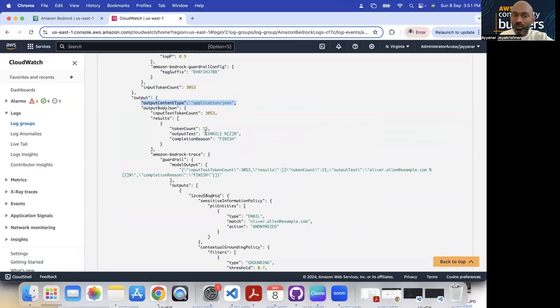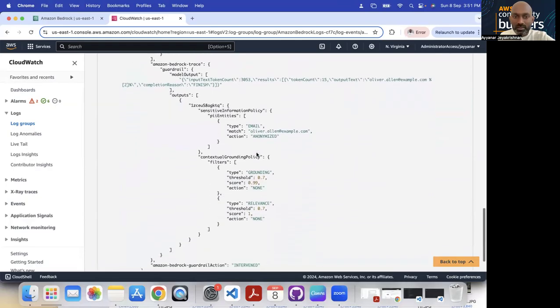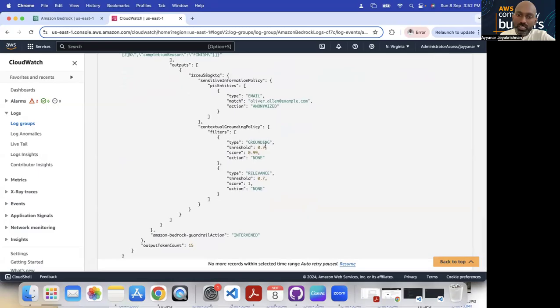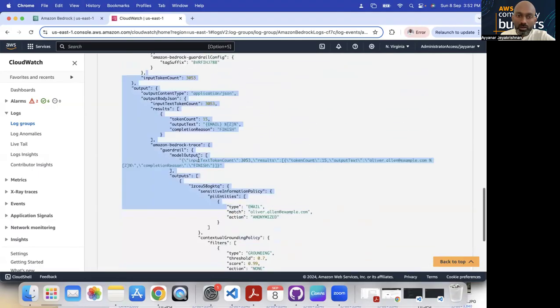But when it comes to the output, it makes sure the email is handled. Sensitive information policy was applied, and then it gave me the response. Even though the data is there, the grounding score is high. The threshold we kept is 0.7 and the score is 0.99, but it was intervened by the guardrail because of this reason: sensitive information policy applied.